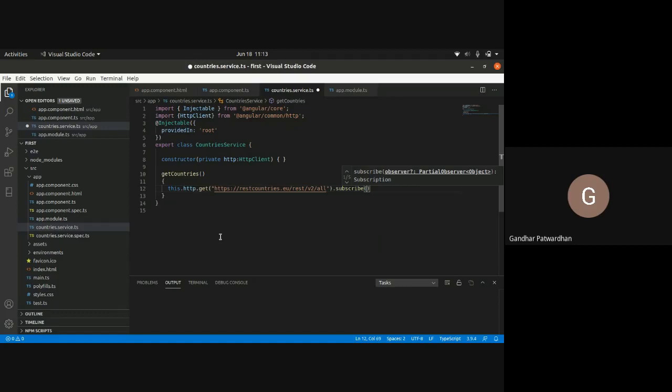Observable का मतलब क्या है? That it will continuously ping and check whether that data has arrived, right? एक बार वो data आपको मिल गया, then it will send you a notification that the data has arrived. So generally कैसा होता है, हम लोग सब्सक्रिप्शन लेते हैं कोई भी एक ऑब्जर्वेबल का. सब्सक्रिप्शन का मतलब क्या होता है कि whenever a new edition arrives, जैसा हम लोग कोई मैगजीन का सब्सक्रिप्शन लेते हैं, whenever a new edition arrives, we get a notification.